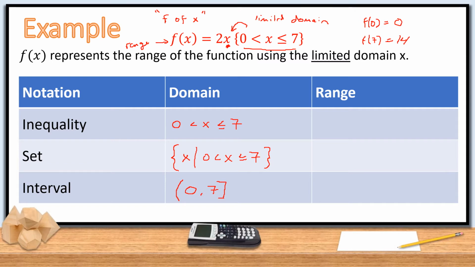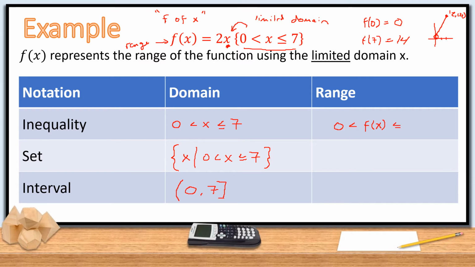Now, if you recognize this, this is going to be a linear function. So 2 times x is going to be linear, slope of 2. So that just means that it's starting at 0, 1, 2, and this will be 2, 14, and it's just going up, and there's an open circle at the beginning. So the range, lowest value is 0. It's still not included because the x value 0 is not included, and that's the answer we got for an x value of 0. This time we were talking about the range, which is f of x,